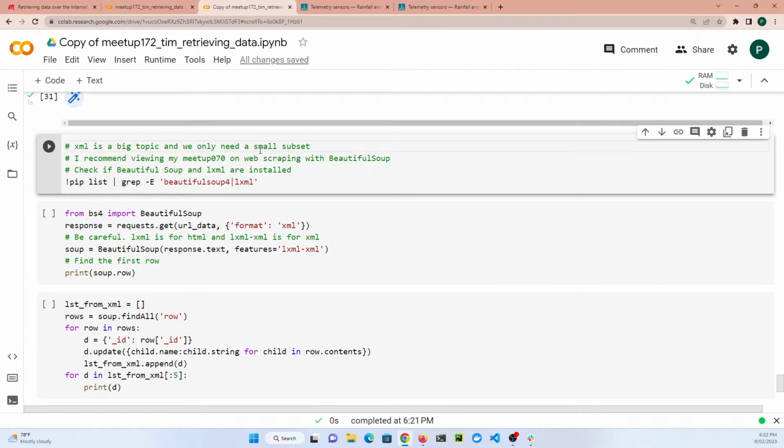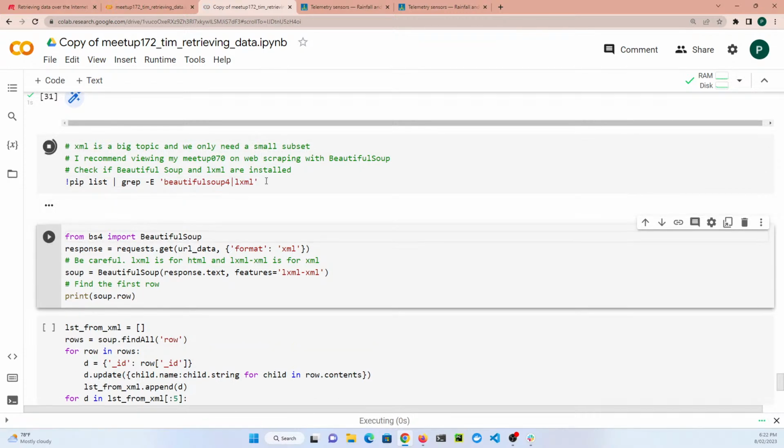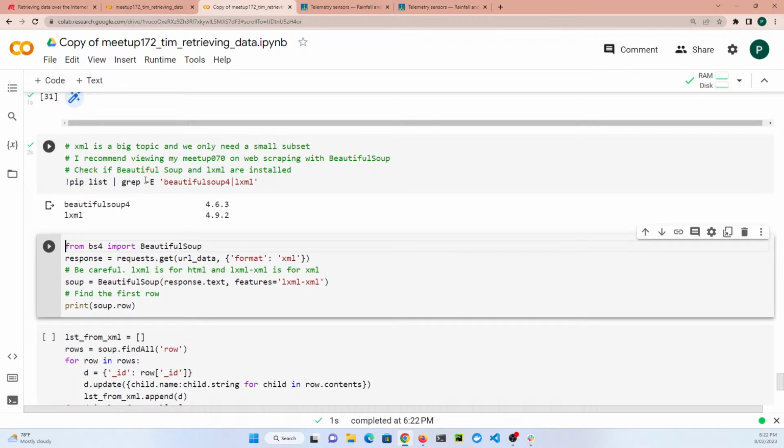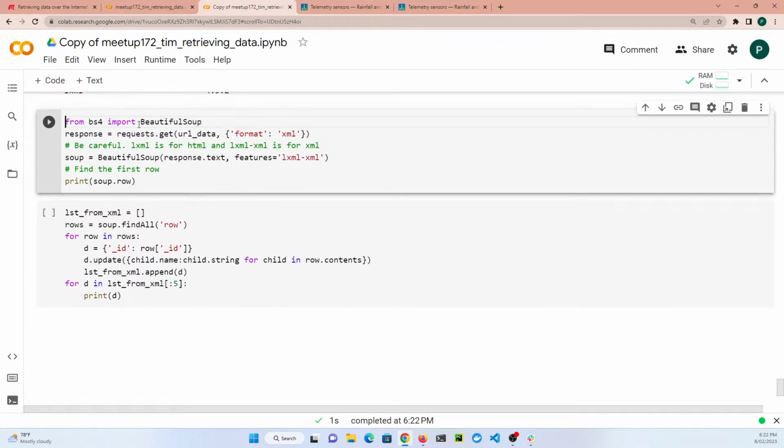So if you've done my Meetup 70, and the link's up at the top, on web scraping with Beautiful Soup, then there's probably one to use. We need to make sure that we've got these two libraries installed if we're going to run using Beautiful Soup, and they are, so that's good. So we get the URL data into our response, and we provide the parameters format XML, and then we take that response text and create a soup out of it,